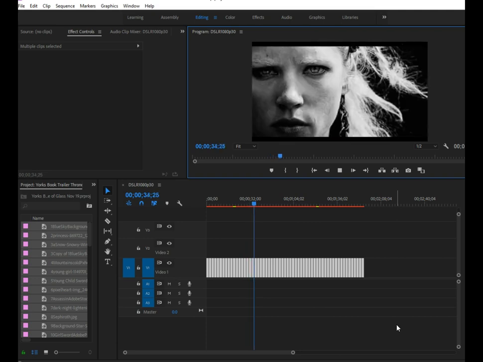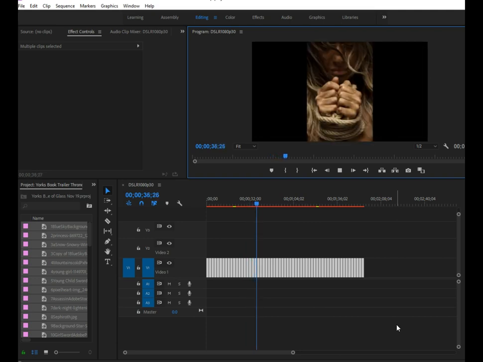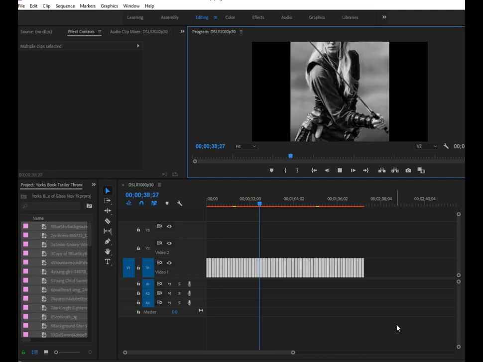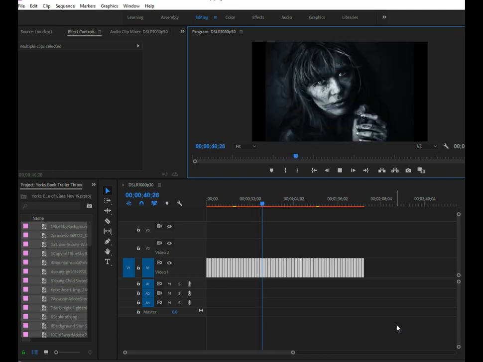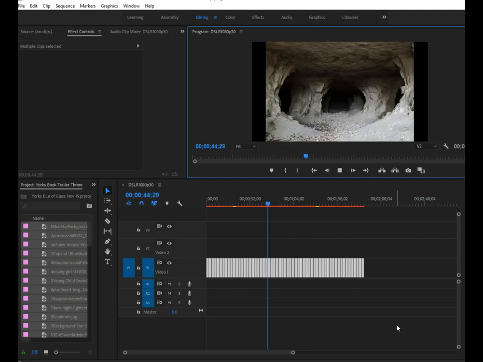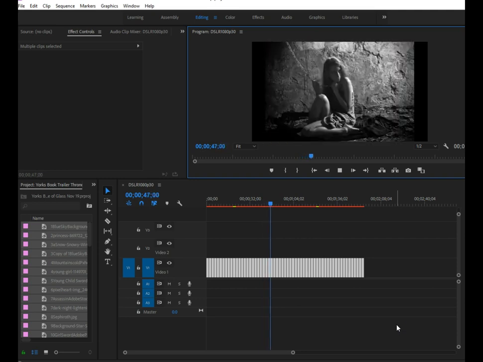So if you happened to choose a background that's too small to stretch out to cover the entire canvas,